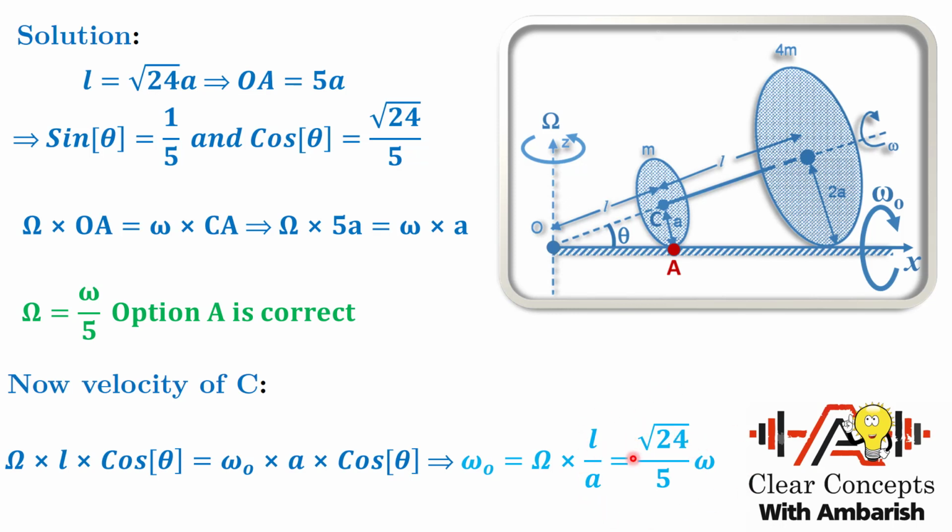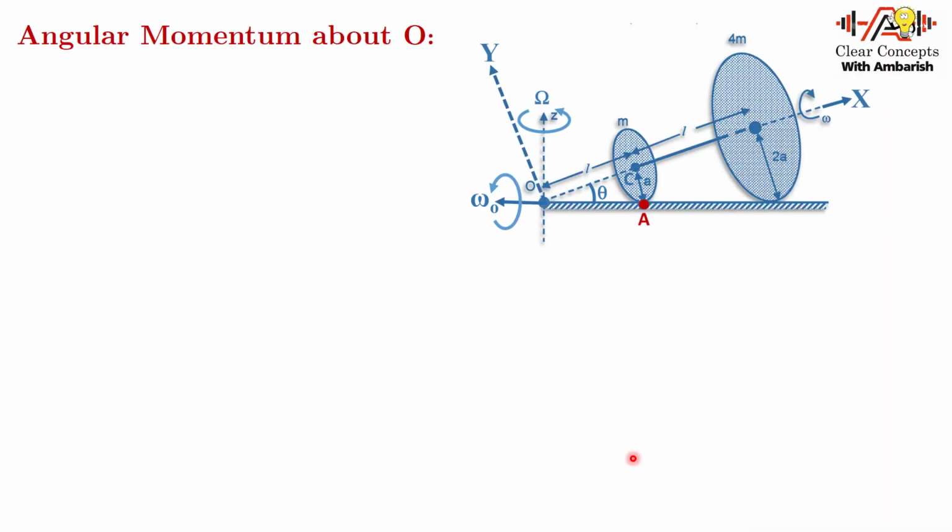Now for the next part we had to find the angular momentum about this point O. Let us say this is capital X and this is capital Y, and you can see for yourself that capital X and capital Y are the principal axes. Of course capital Z will be coming out of the slide, and for these axes, IXY, IYZ and IZX will vanish. Something to this effect I had shown in the first video where I talked about principal axes.